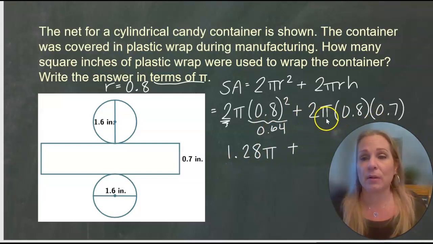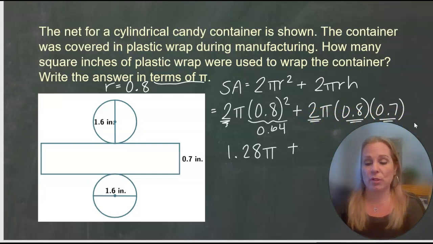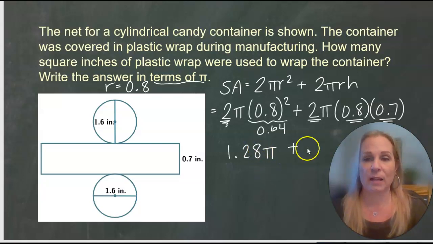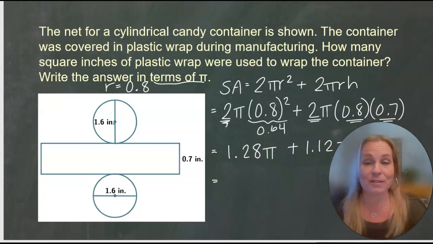So the second part, we're going to multiply in any order we want, right? But we have to multiply the 2, the 8/10, and the 7/10. So 2 times 8/10 times 7/10 equals, and I get 1.12 pi. And now for my final answer, I'm just going to add those together because they both have a pi,